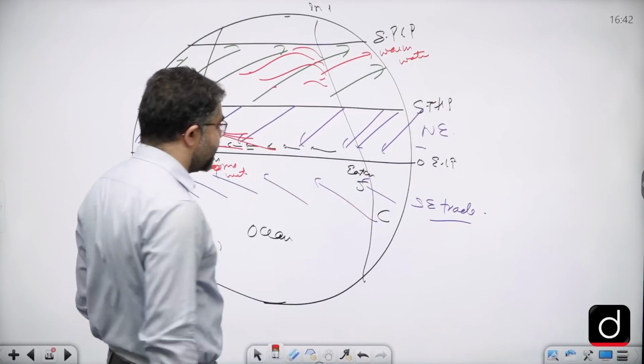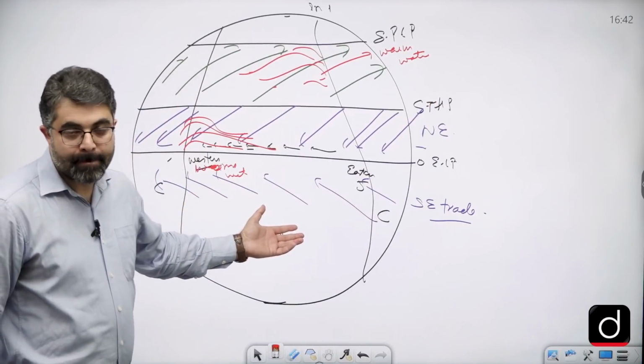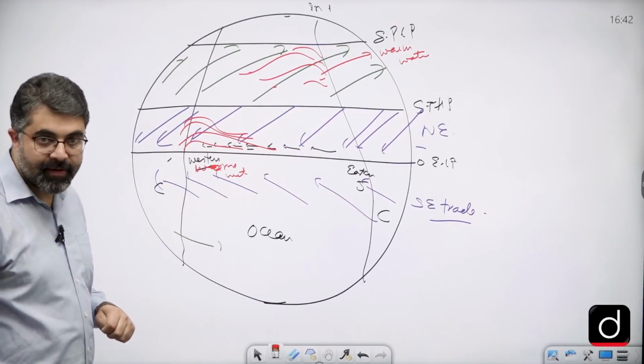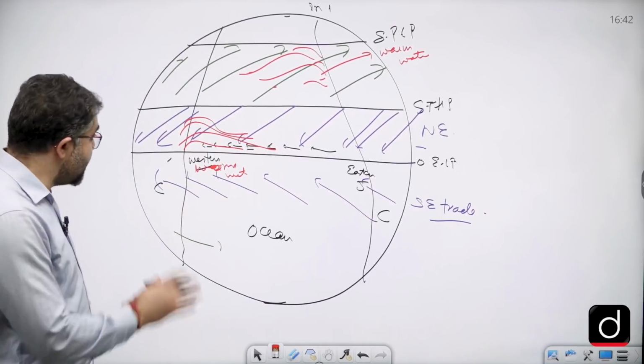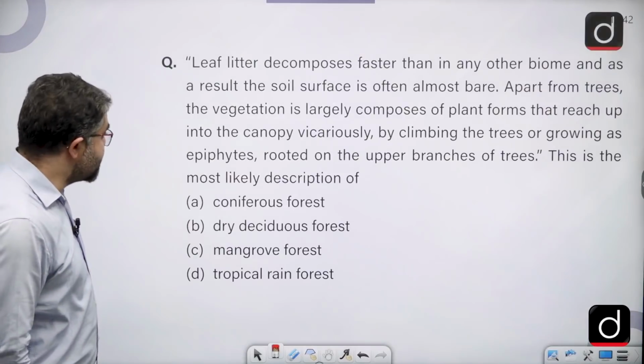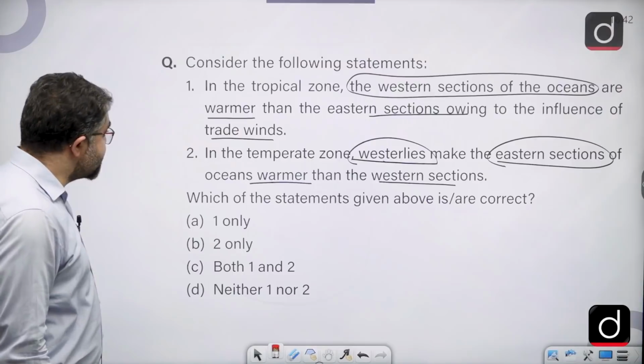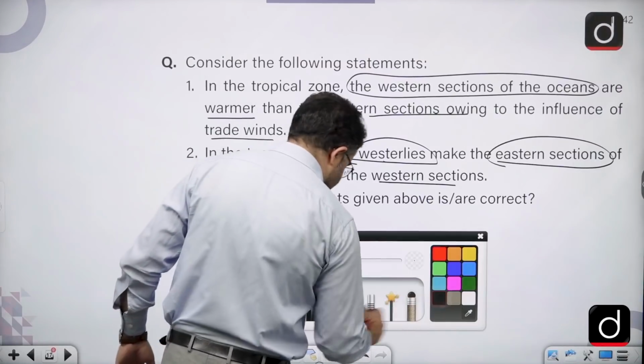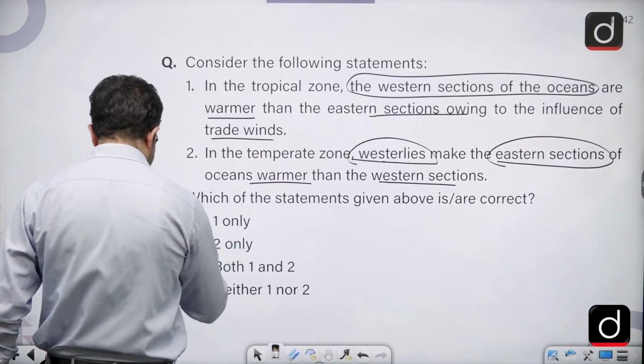But eastern section of oceans, that means the western section of continent, right? So now understand this diagram and observe this carefully. Both statements seem to be correct,